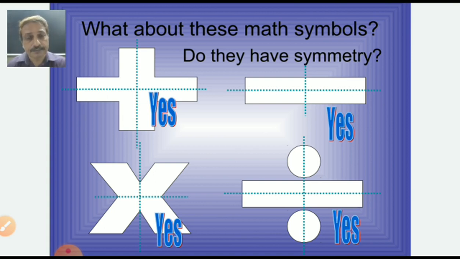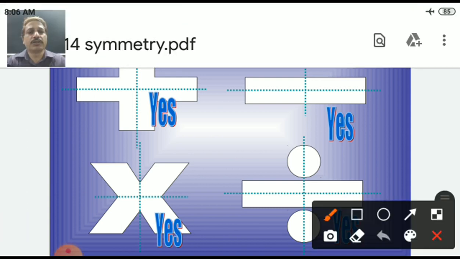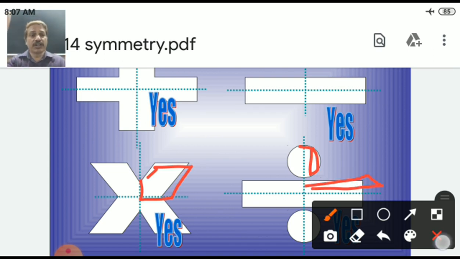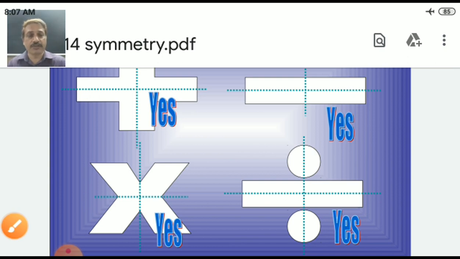You can take a piece of paper, fold it on both sides like this, a two fold. See, I am showing you. This is one fold, and then one vertical and one horizontal. And afterwards, you just cut this much part like this. Or you can cut like this, a half part. Or here, the direct distance is this much only. When you open it, it will become a full design, full math symbols. Yes, very good student.